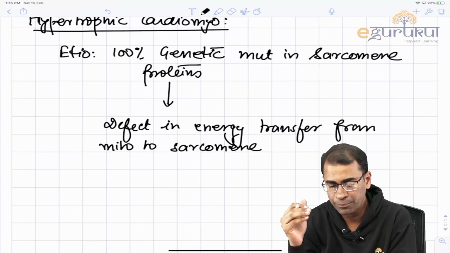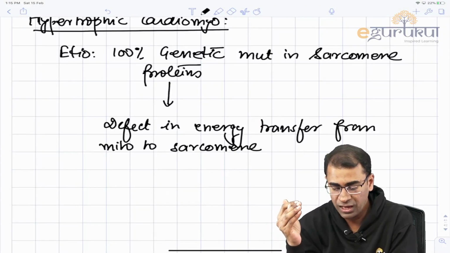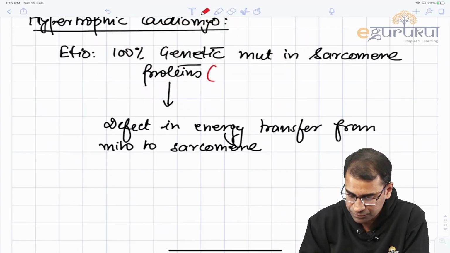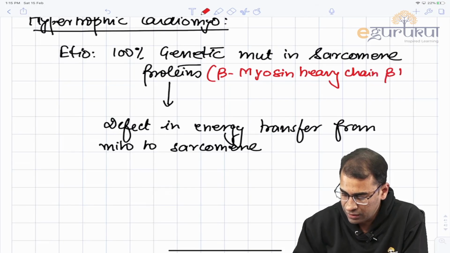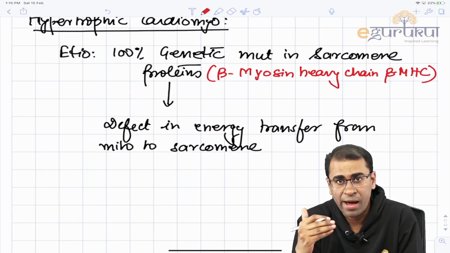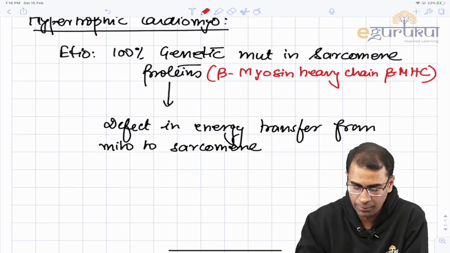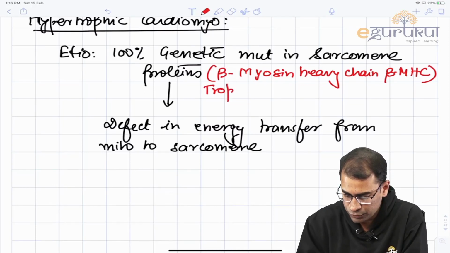A few reasons are proposed because of this, and they are some mutations. I'll write the mutations here. The mutation mainly for this is beta myosin heavy chain, so write it as beta MHC. Beta myosin heavy chain is one of the most common mutations seen in this condition. It can also be troponin T,